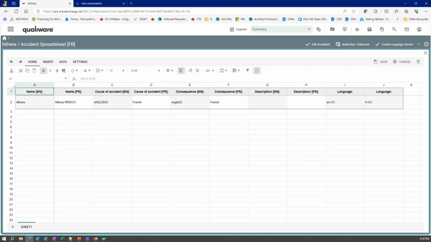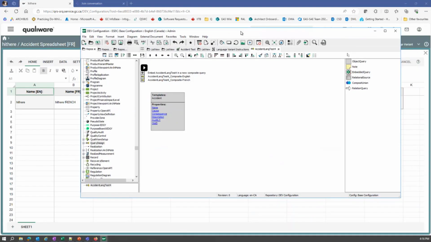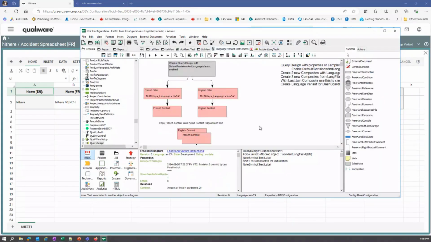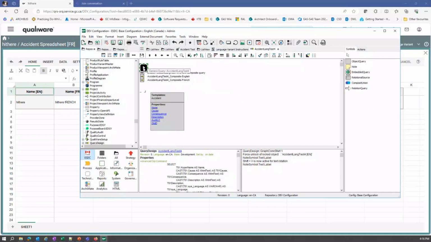I see we have a little bit of time. I won't take that much time. I'll just give you a rough outline of what I did. In a query design, I'm using 10.8 right now. But when you build your query,